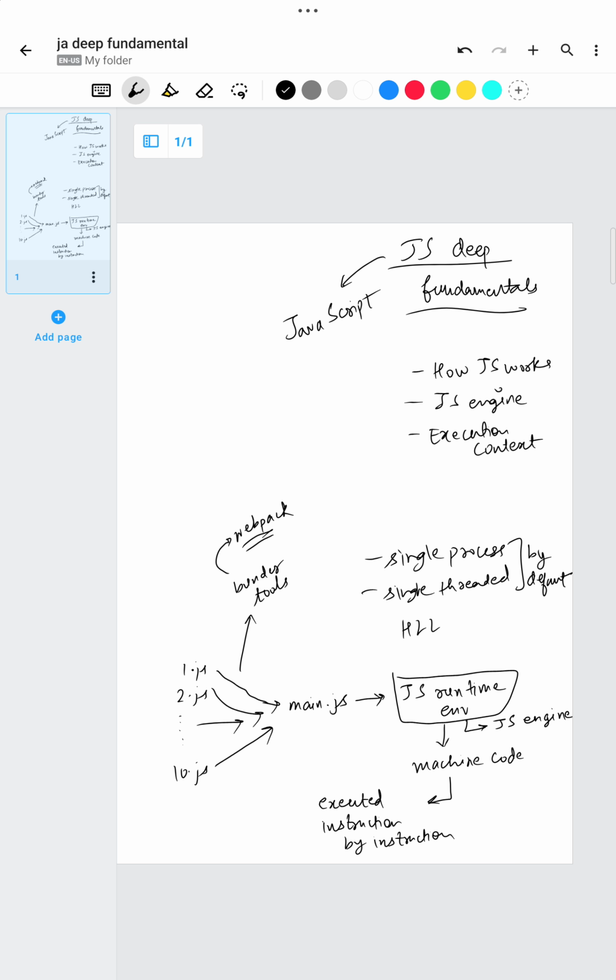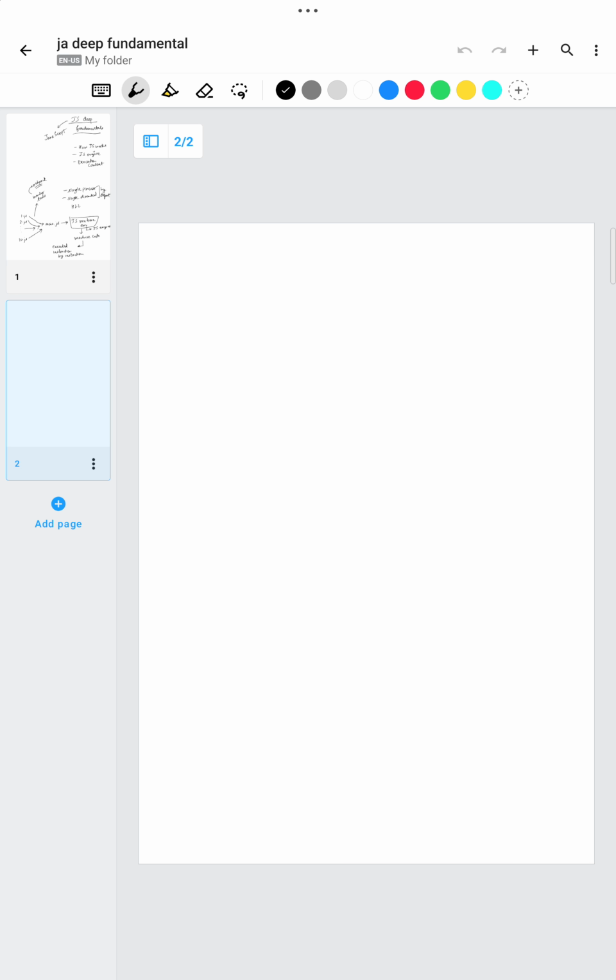Okay, so common examples of JavaScript runtime environments are Node.js, which is a server-side JavaScript runtime environment. Then we have web browsers. There could be a Chrome, Edge. Okay, so now these runtime environments might not have common